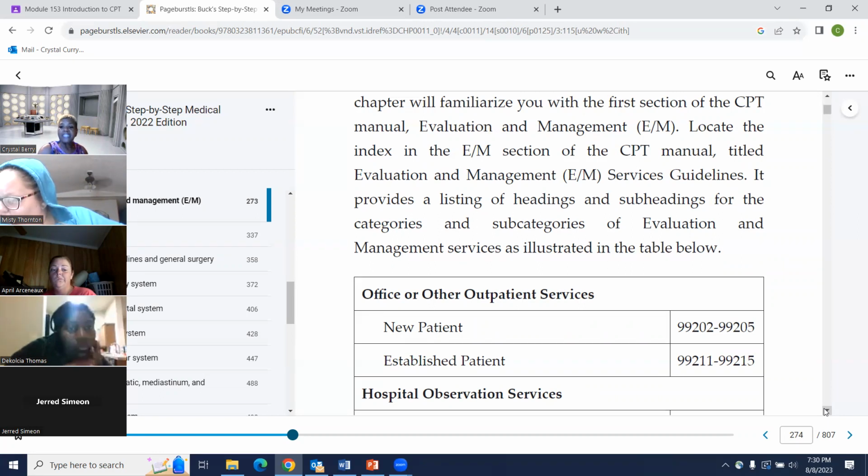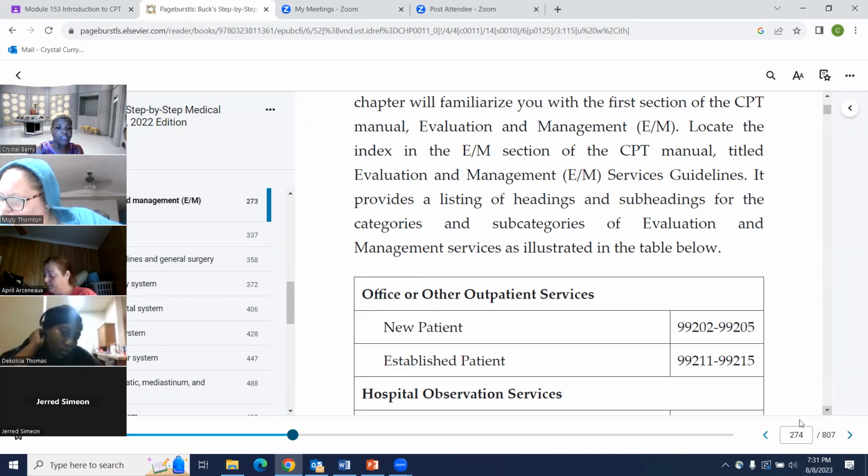So if you go to 99207, then you know that that's not a new patient, because the code range for new patient is 99202 to 99205. So when you're looking at those guidelines and the code ranges, that should be able to assist you. So anything outside of that wouldn't be considered a new patient.